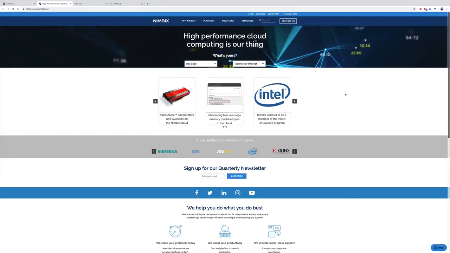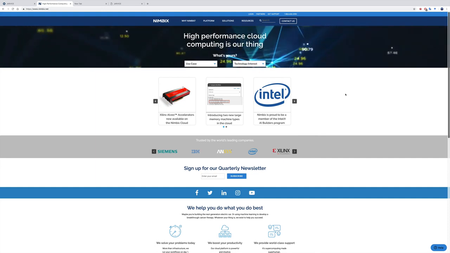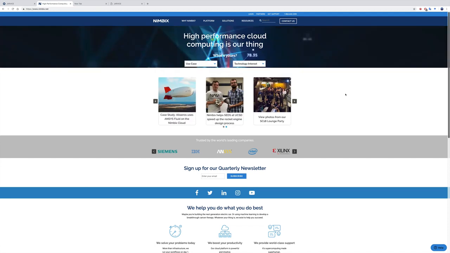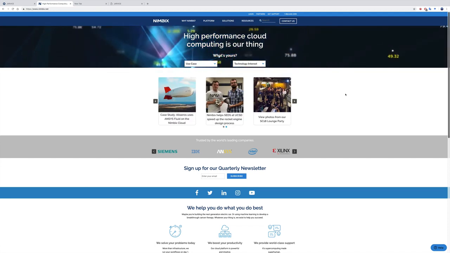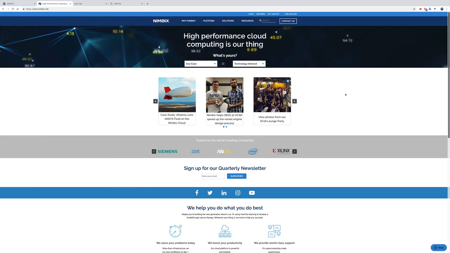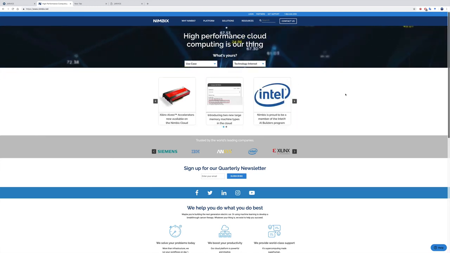Hello everyone, and welcome to this tutorial on how to run Comsol simulations on Nimbix clusters. Since you're watching this tutorial, I'm going to assume that you already know what Comsol is and how to use it, at least the basics of it. So I'm rather going to focus on how to use Nimbix and then how to run Comsol simulations on Nimbix